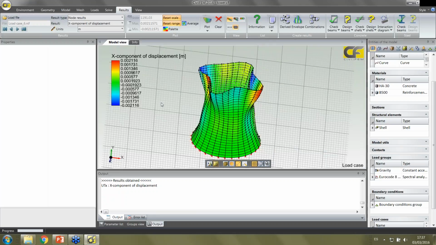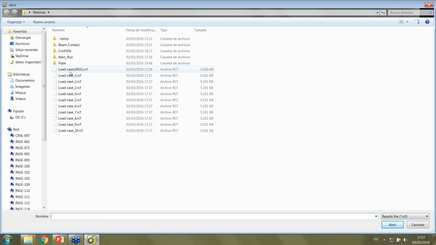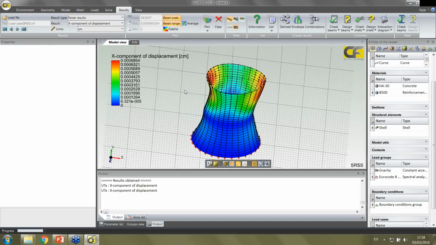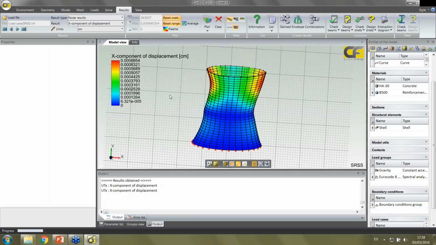So now that we have the modes, we can see the results for the actual spectrum, when all the modes are combined according to the square root of the sum of the squares. Here I'm going to change the units to centimeters, and here are the displacements. As you can see, the displacements are very low because it's the only load applied. If we had a wind load, for example, the displacement would be much bigger, but you get the idea of the model. Here you can see the deformed shape